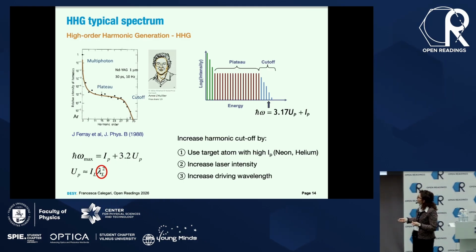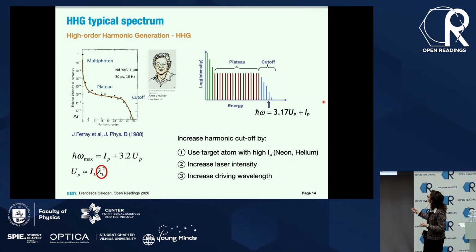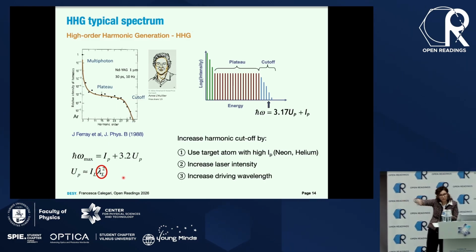Since this cutoff position depends on the ponderomotive energy, or the kinetic energy, and this ponderomotive energy is proportional to the intensity of the laser and to the square of the driving wavelength, then you can either increase the intensity of your laser, or you can increase the wavelength at which you drive the harmonic generation process,